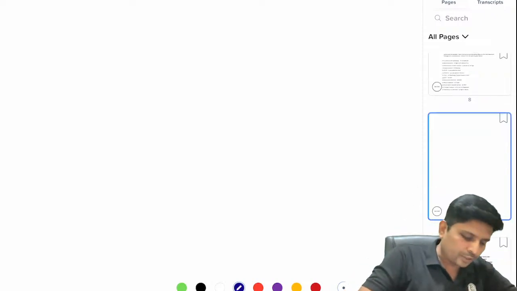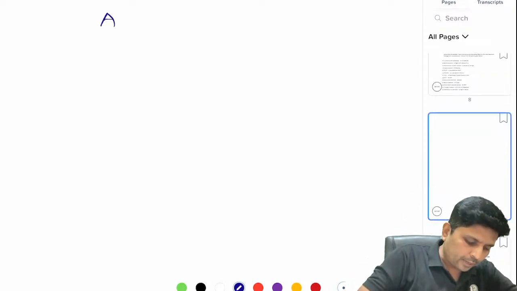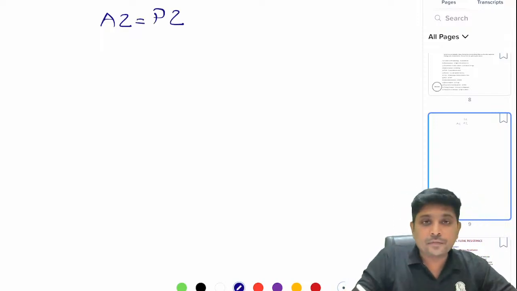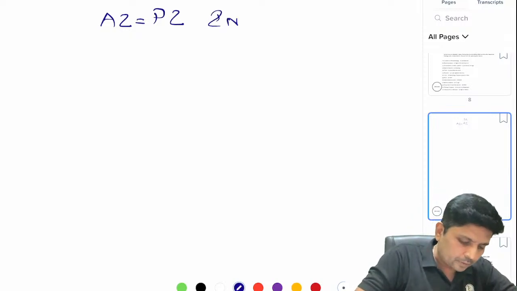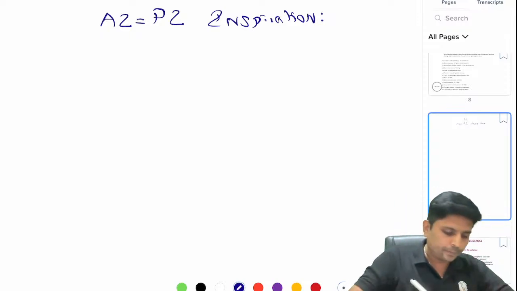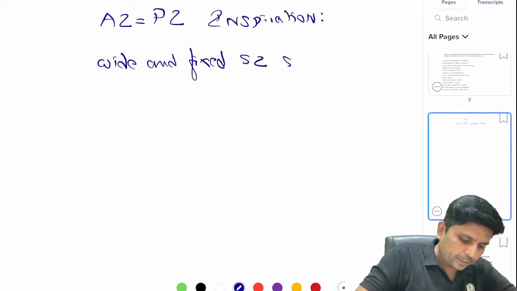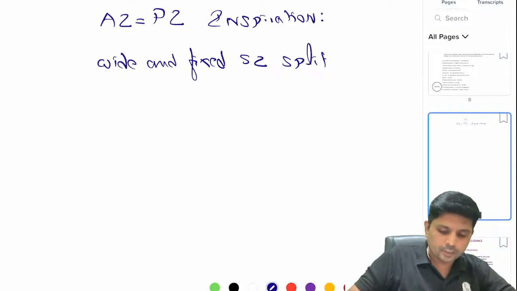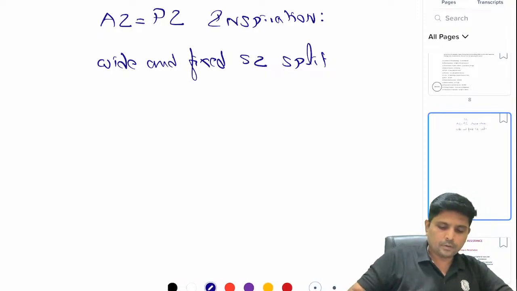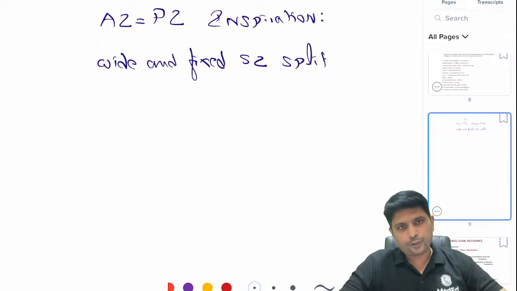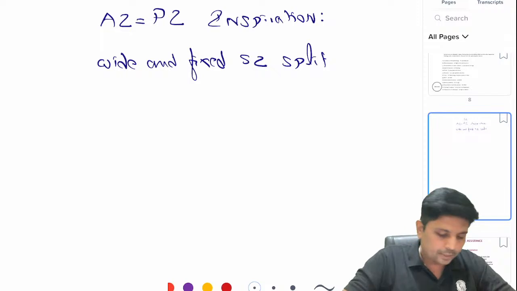As far as S2 is concerned, you have A2 and P2, which is very well heard during inspiration. So when you have wide and fixed S2 split, please remember the abnormal S2 itself here, short notes for you. Wide and fixed S2 split comes in ASD,